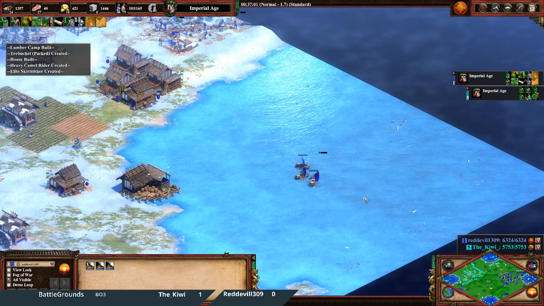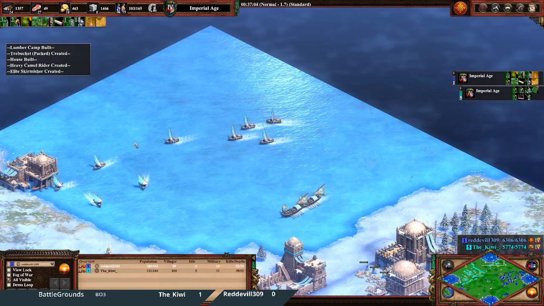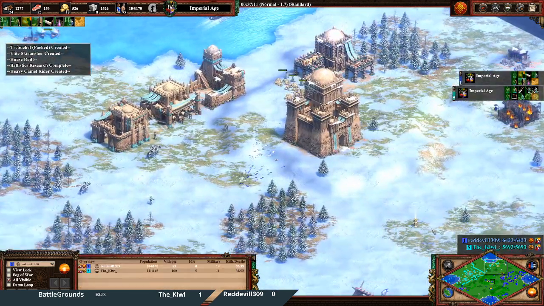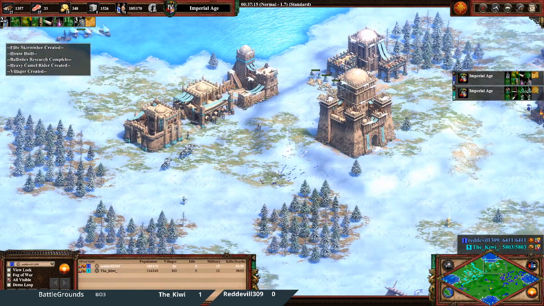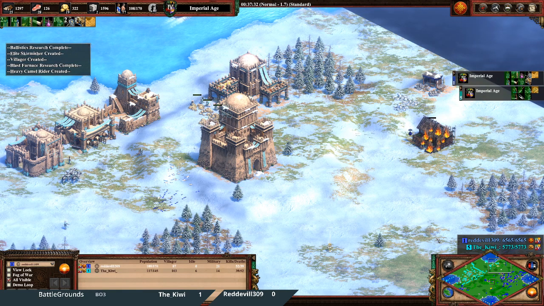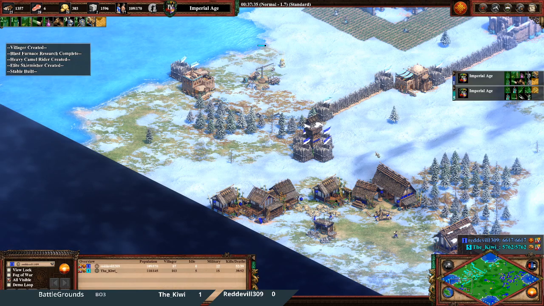7 fishing ships here, still only 3 on this side. Oh my, still a big fish lead. 2 pawns for both players though, still that's not bad. Gonna be interesting to see what happens right now. The Kiwi is up a lot on villagers right now at 103 compared to the 87 of Red Devil, but at the same time